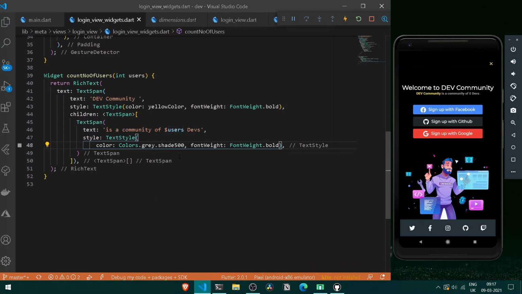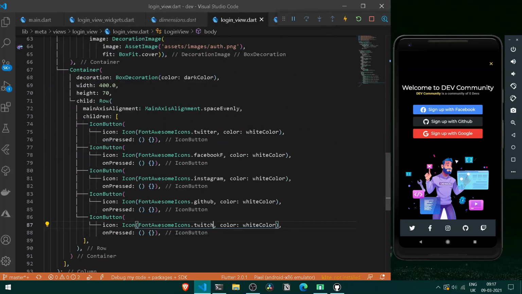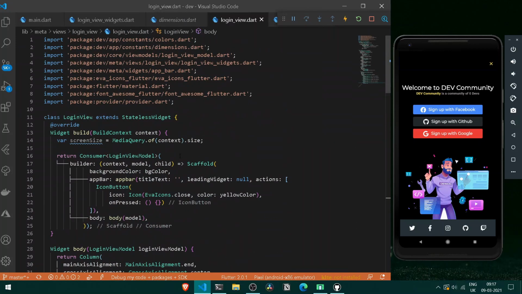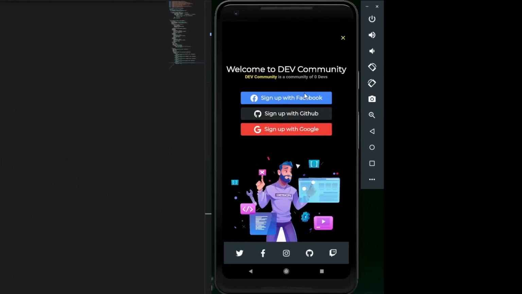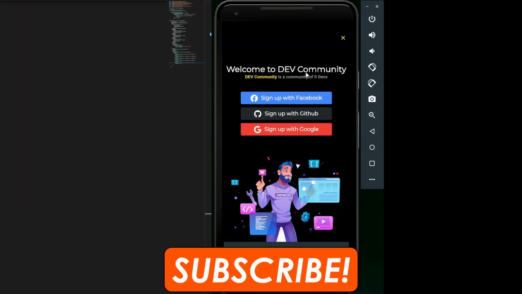So in this way we have simply constructed our entire login view of our application, which is looking more awesome. But you know what, the following tutorial's length has gone quite long. So in the next tutorial we shall be adding functionality over the following buttons, and also we shall be counting up the entire number of users available under our code base based on the registration of the user.